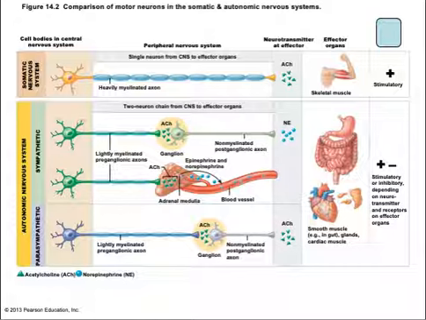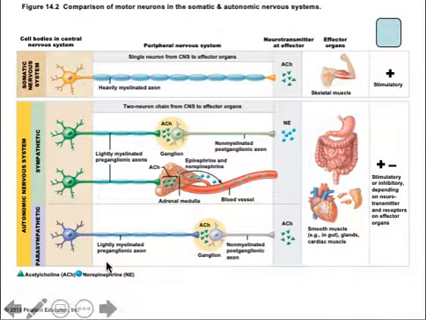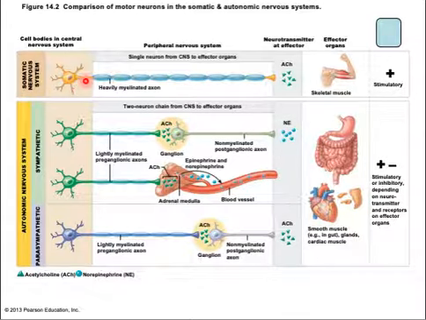Okay, so you can see in this diagram the differences in the two systems, right? If we look here, you see that in the somatic motor division, we have a single axon that runs from the neuron cell body in the ventral horn all the way to the skeletal muscle target. Acetylcholine is the neurotransmitter, and the effect is always excitatory, meaning it's going to promote depolarization, produce an action potential, and lead to a contraction. Whereas in the autonomic division,